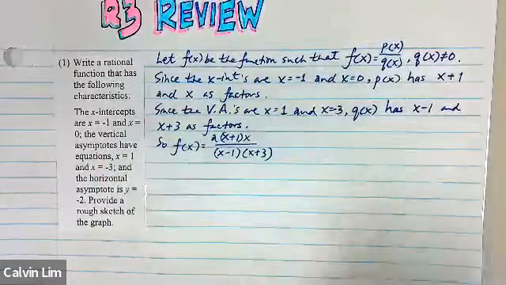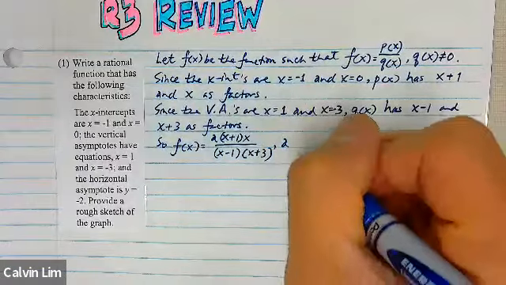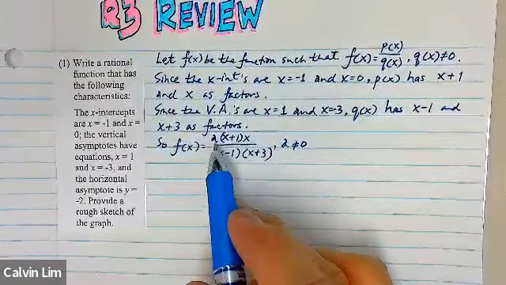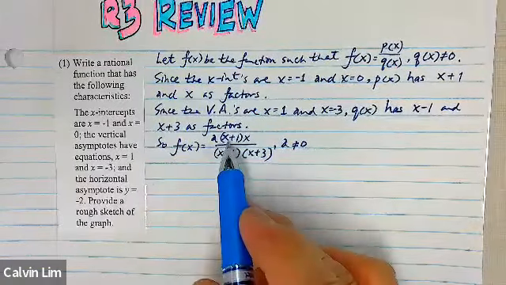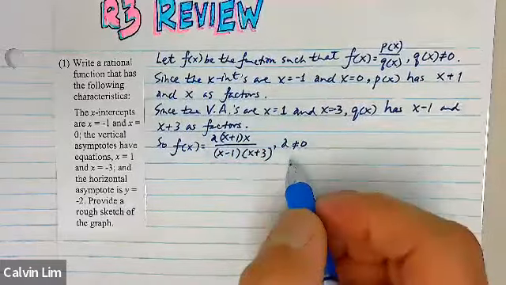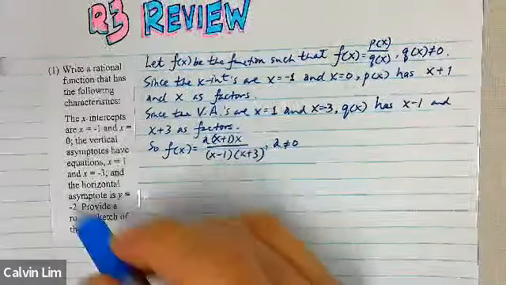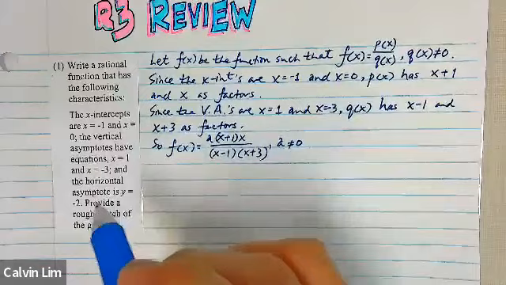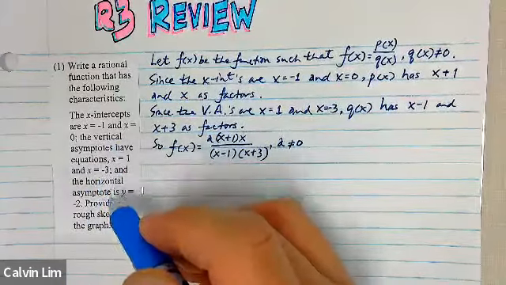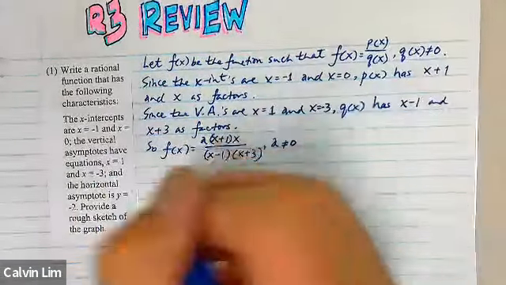And there's always a leading coefficient that you have to determine. And the leading coefficient, can it be 0? The leading coefficient cannot be 0, right? If the leading coefficient a is 0, f of x equals 0, it would not be a rational function. How do we determine the value of a? In the absence of a point other than x-intercepts, you use the horizontal asymptote that's given to you, right? So since,